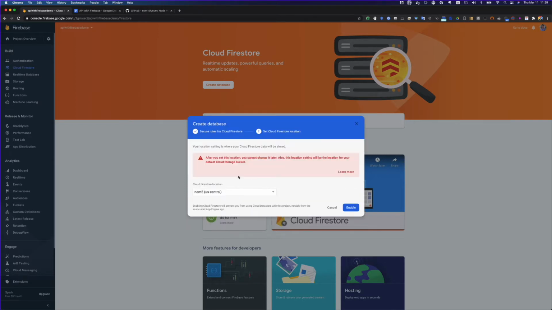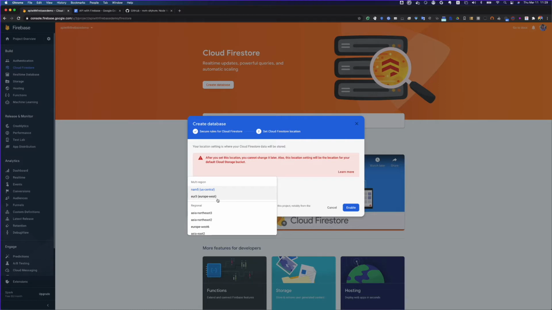Click on next, and now you have to set up a Firestore location where your Cloud Firestore will be created. So keep one thing in mind: once you set this up, you cannot change it. So if you are creating an application which you are providing to your users in some particular location, make sure you choose that location.